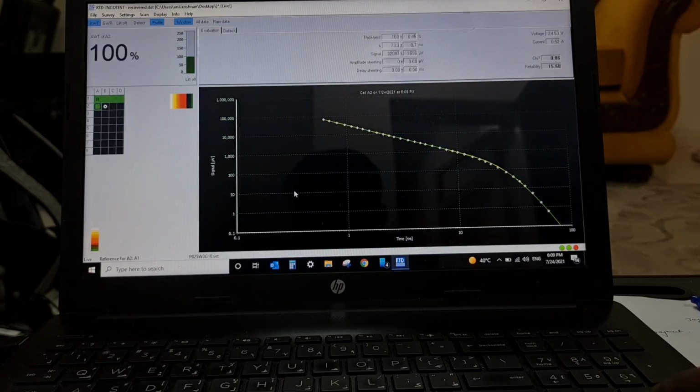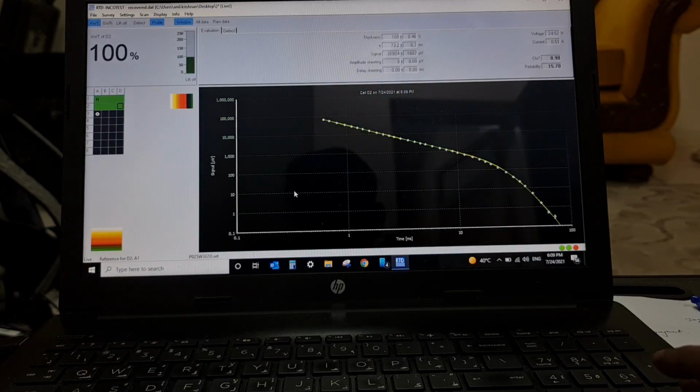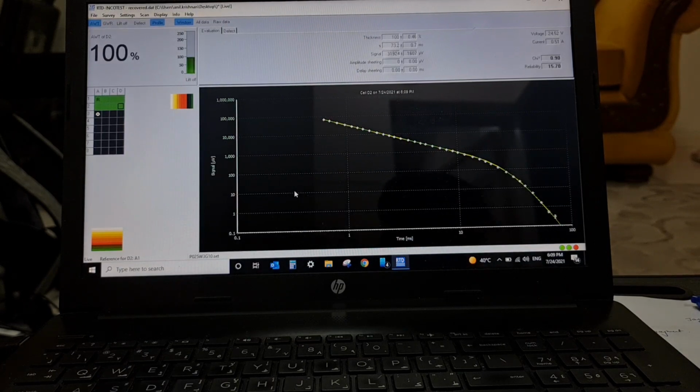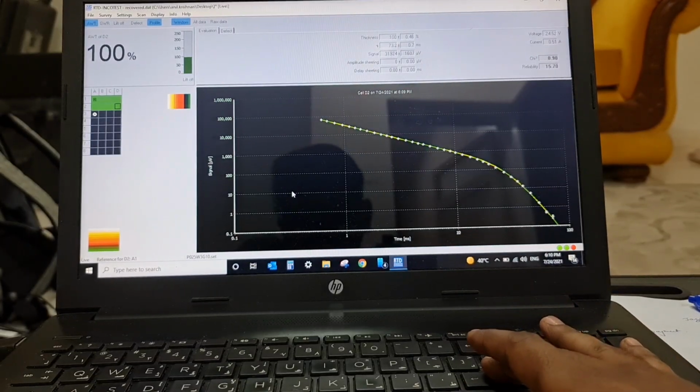And we can see in the first step it is coming continuously 100%. The video is running a little faster to avoid the lag. Actually the actual process is a little bit slow, step by step. So after completing the first step, then we are moving to the second step.